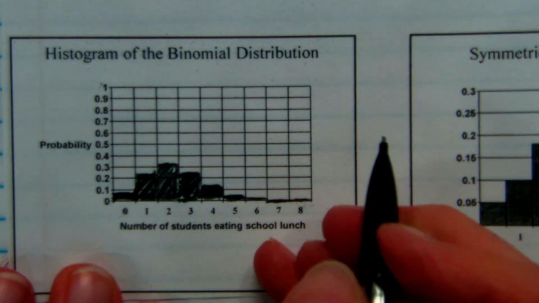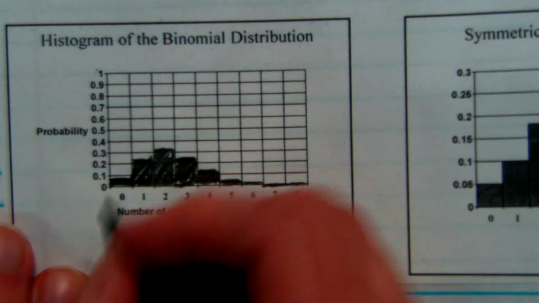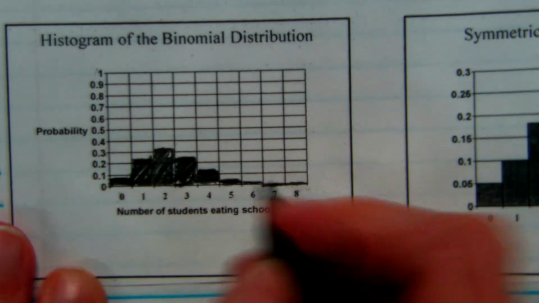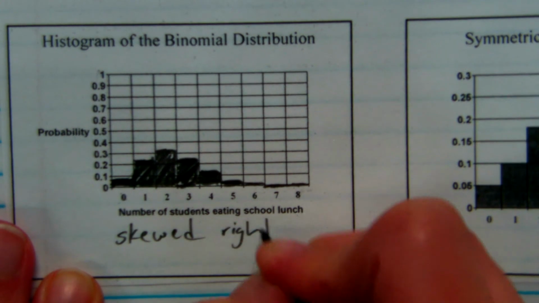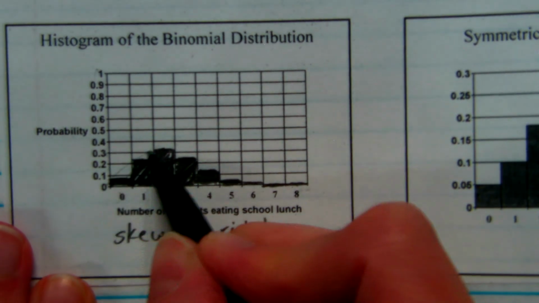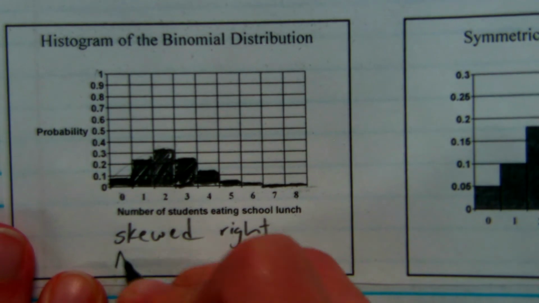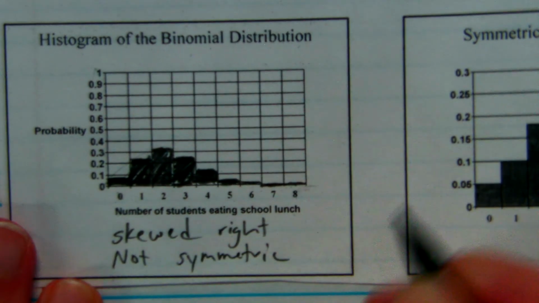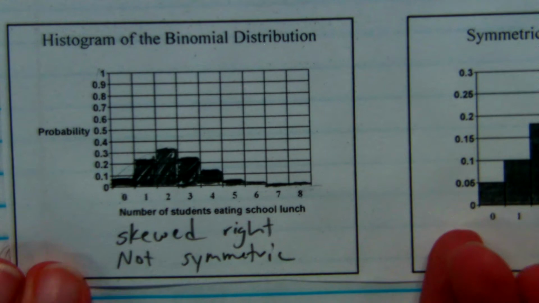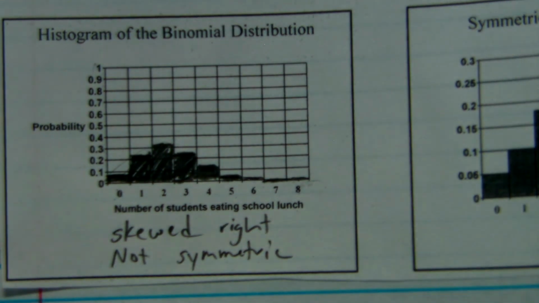Okay, so this is what we would call a skewed distribution. So this is technically skewed to the right, which means that it kind of has this rounded part on the left and then it sort of has this tail off to the right. It is not symmetric. And basically the reason why it's skewed, if you remember in the original problem, on a normal day, the average